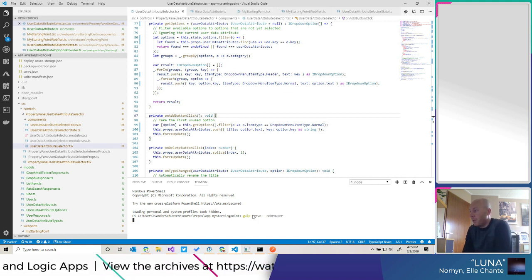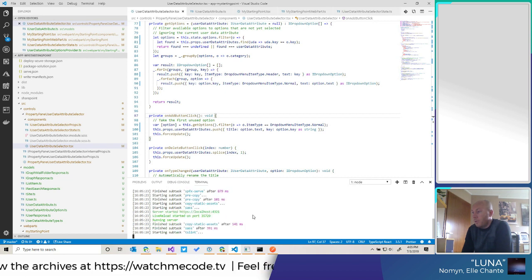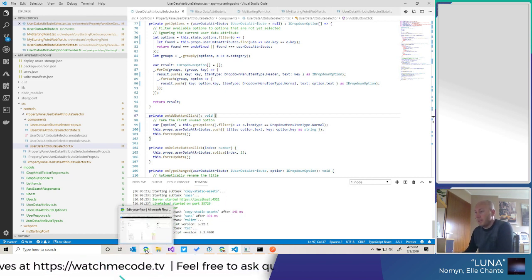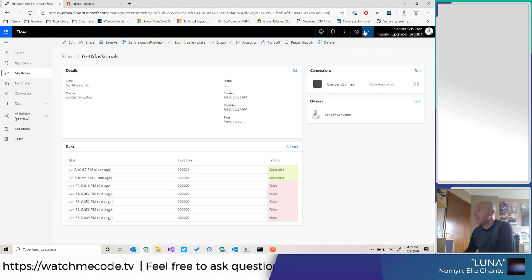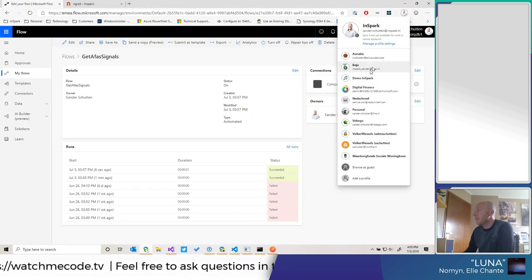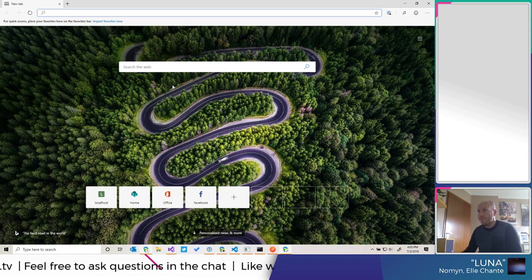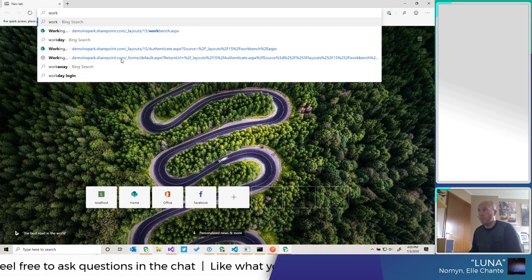And I don't want to spawn a browser, so I type in --nobrowser, which only starts the hosting of the Webpart, and then I can open whatever workbench I want. So let's switch to my demo tenant, and let's launch the workbench.